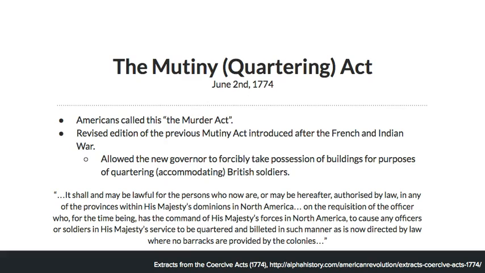And finally, we've got the Mutiny or Quartering Act. We've already seen this act before. It came in just after the French and Indian War finished. The Mutiny Act / Quartering Act was revised on June 2nd, 1774, and pretty much